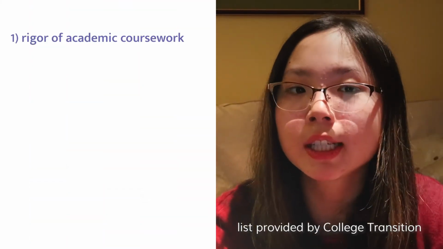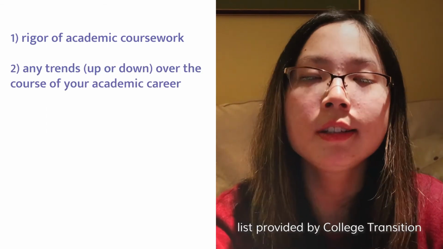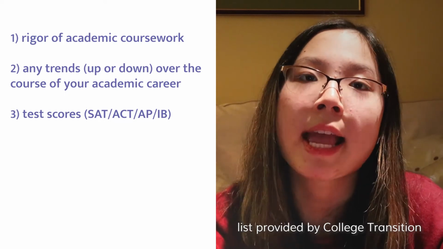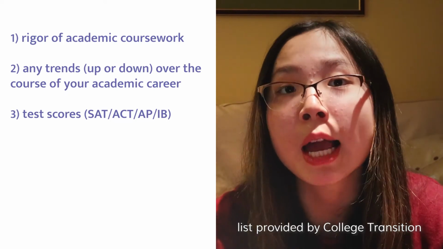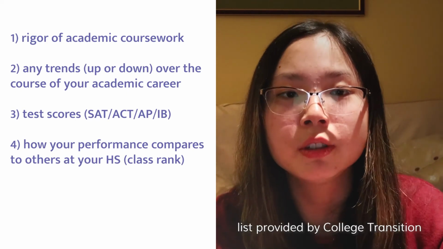Other than that, admissions officers today are looking over your application as a whole to determine if you are best fit for their school's community. Here are the factors that College Transition states on what admissions look for when holistically reviewing your application. Rigor of academic coursework. Any trends up or down over the course of your academic career. Test scores including SAT, ACT, or AP/IB exams. How your performance compared to others from your high school,